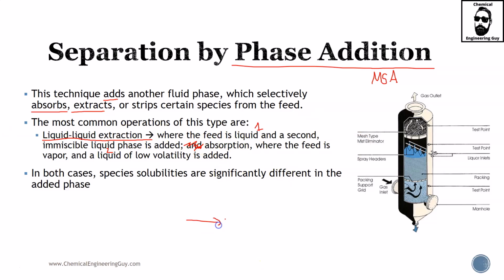Liquid-liquid extraction, you have your liquid 1 and you have your liquid 2. Solid. What you're going to do is mix by addition of MSA and get your solid right here. In both cases, liquid-liquid extraction and absorption or stripping, species solubilities are significantly different in the added phase, meaning that the solubility of our solid right here is much higher in L1 rather than L2, and the same is true